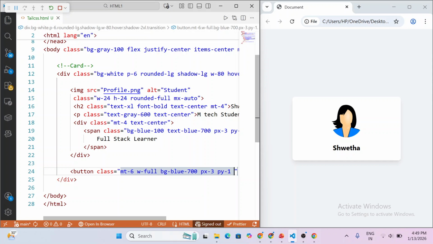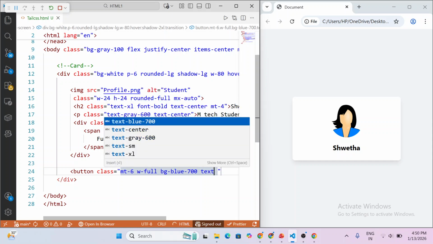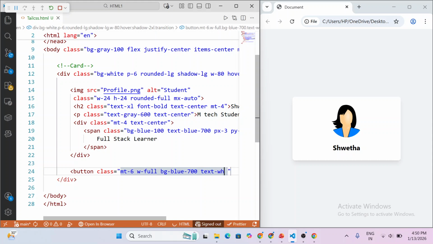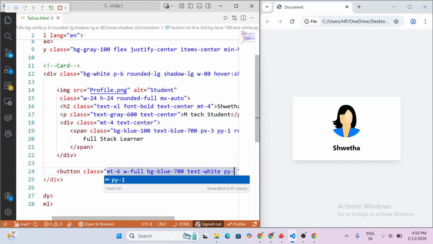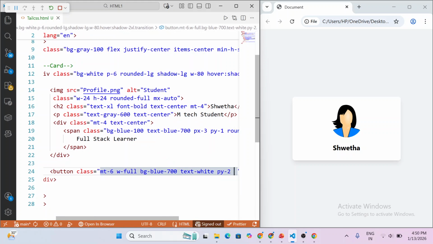Sorry, it's button, right? For button, just I'll change the things. It's a button, means bg should be blue color 700. Okay. And we'll give text, inside we are writing some text, right? Text will be white,